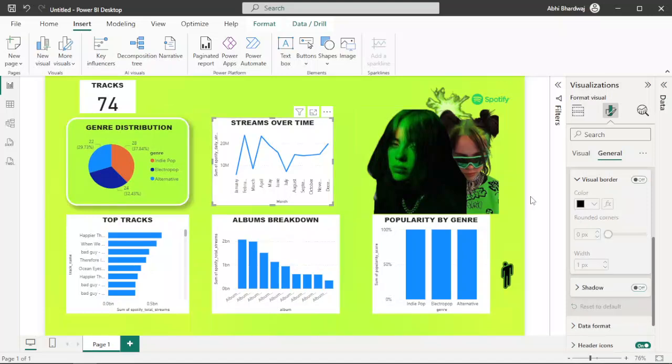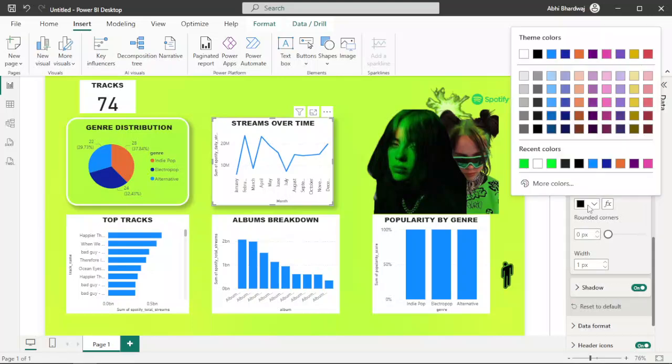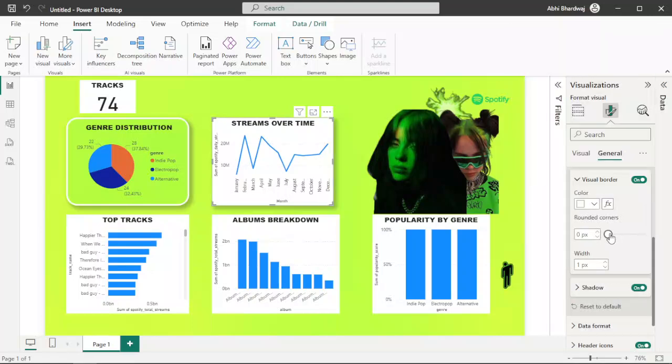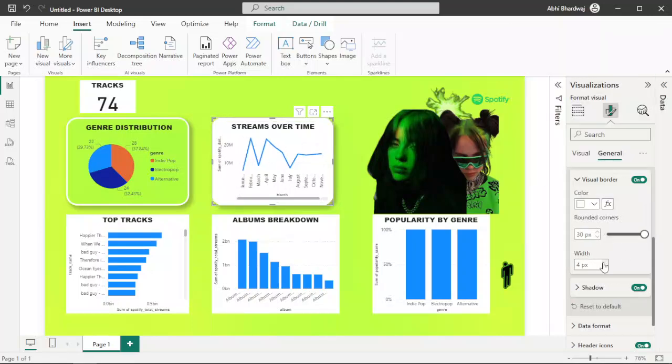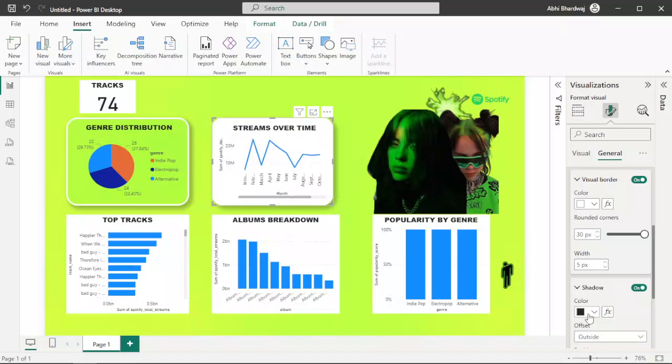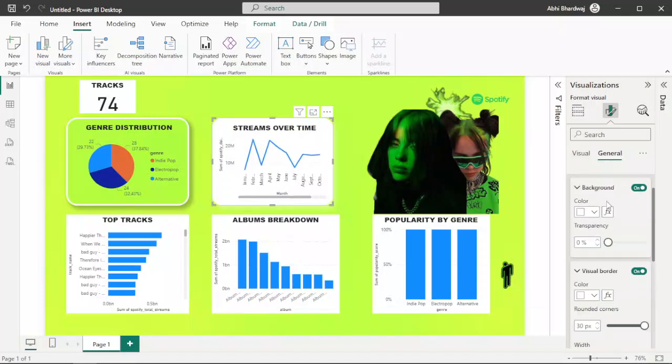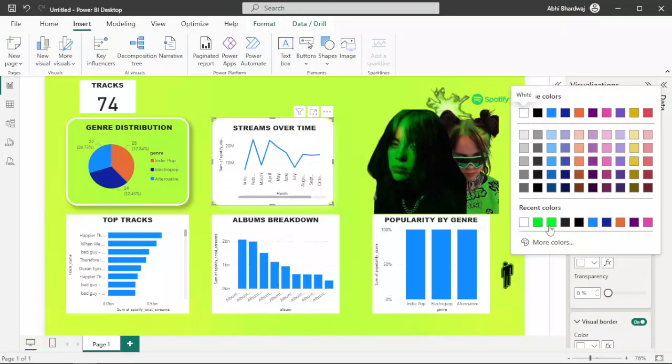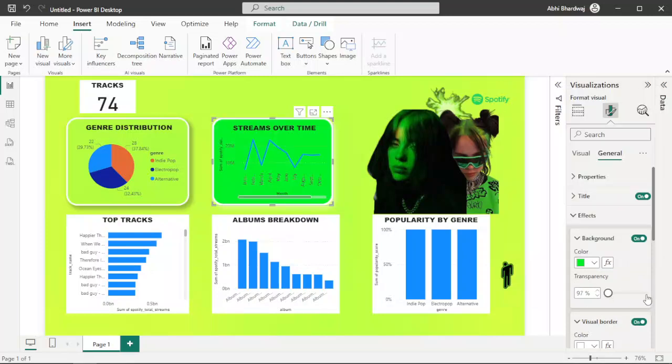Similarly over here, let's switch on visual border, keeping it white, as many rounded corners, 1 3 4 5x, shadow white. It's going to be green, and of course it's going to be a lot of transparency. Okay, and similarly with this,